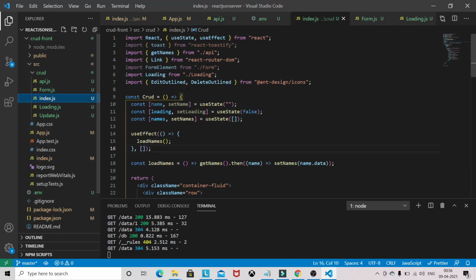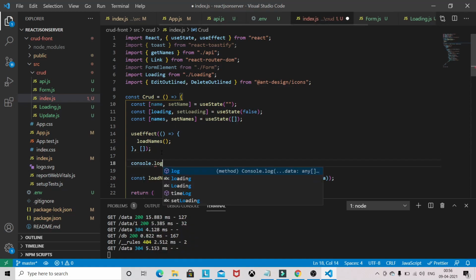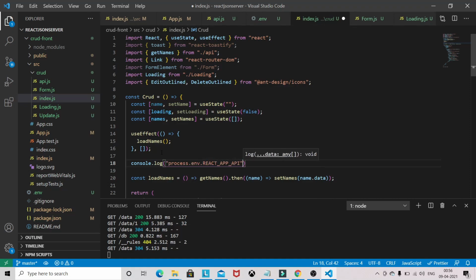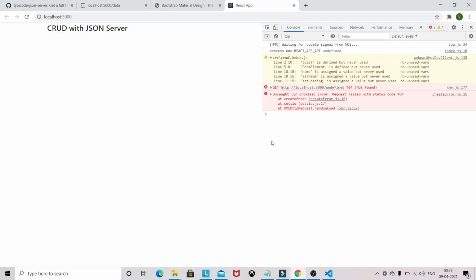Let's console log process.env here. We are getting undefined, that's why it's going undefined. Okay, no issue.